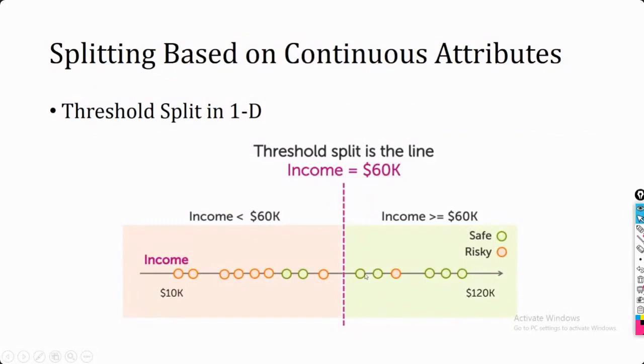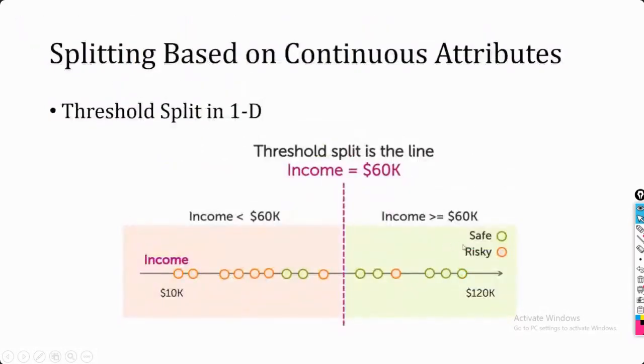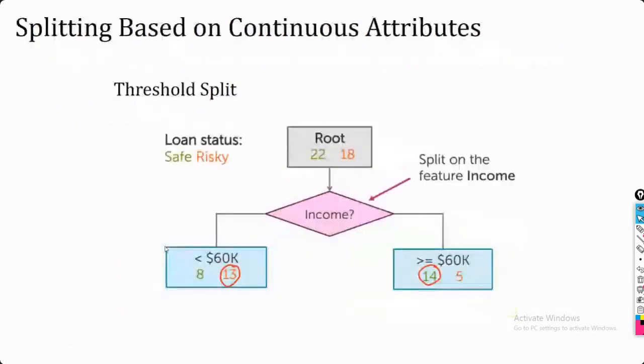And this one is basically representing a safe one. So the class label for this side is going to be safe. As you can see, the number of instances with respect to safe is higher. In this case, the number of instances is quite higher with respect to your risky class. So this side of your tree is going to be an unsafe or risky one. The same thing has been represented here. Here it shows unsafe, and here it shows safe.